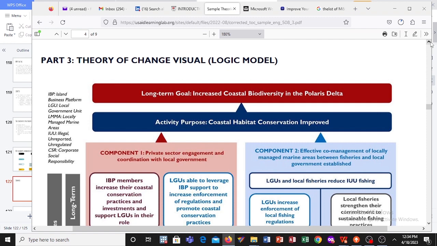So it's very important when you're developing your theory of change that you do your situation analysis of the exact problem, because this in turn helps you know how you're going to actually address this problem and lead to the impact you want to see. That is the theory of change, the change you want to see.